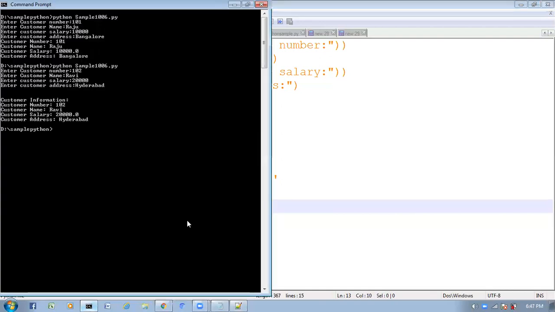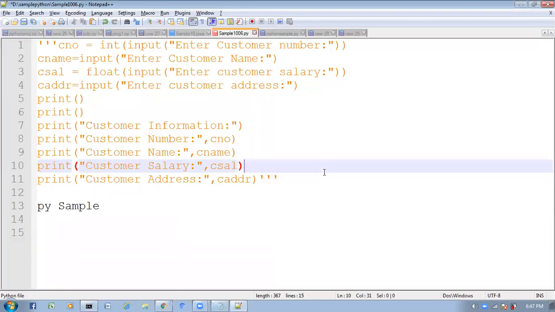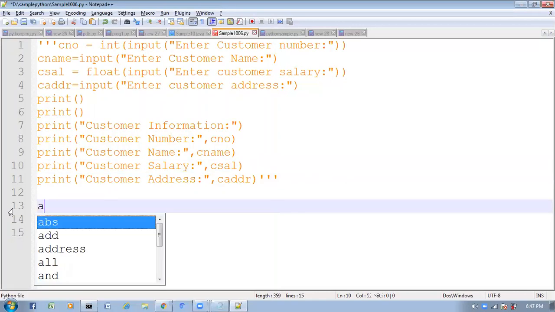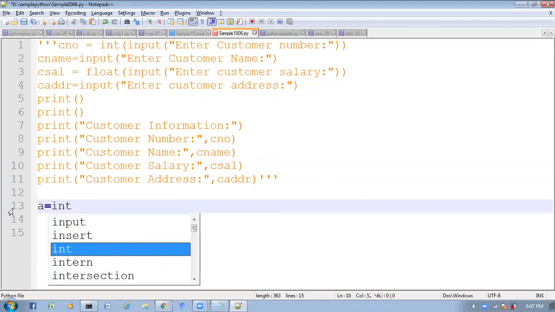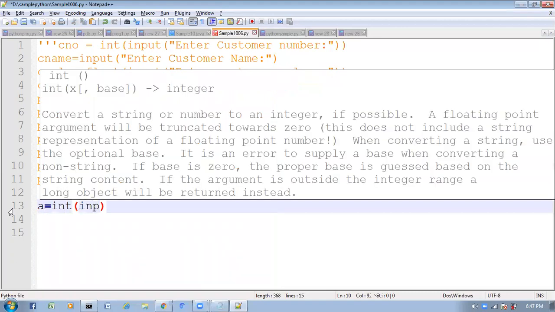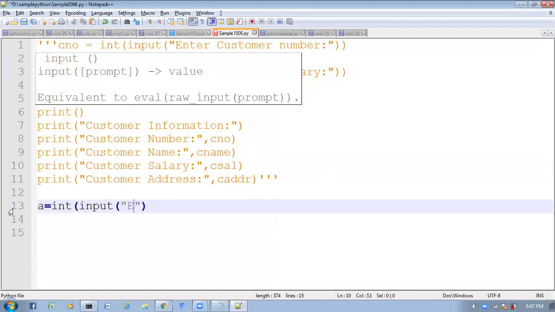Here I will show it. I am going to execute the program. I want to find out the sum of two numbers. What will I do? I'll write the program. A is equal to int of input of enter a value.